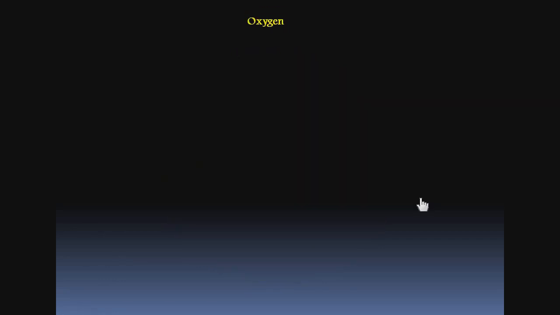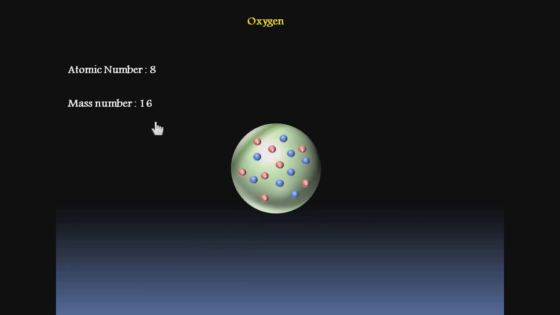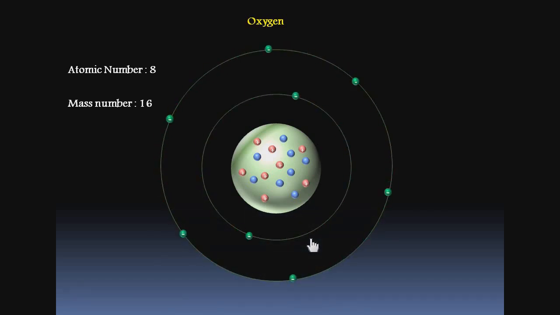Now, the next element is oxygen. It has 8 protons. So, atomic number is 8. It has 8 neutrons. So, mass number is 16. 8 protons plus 8 neutrons. Mass number is 16. It has 8 electrons. 2 electrons are revolving in the first shell or K shell, and 6 electrons are revolving in the second shell